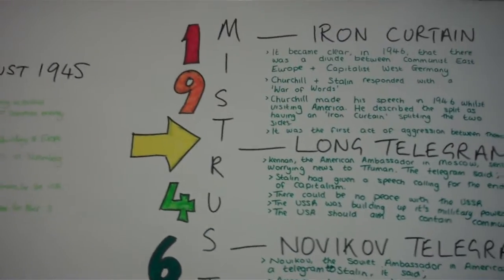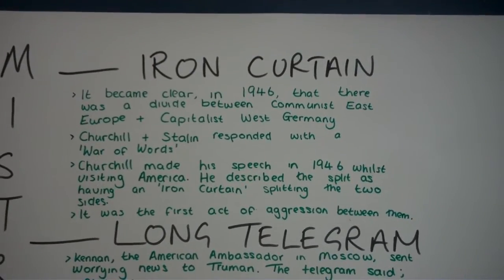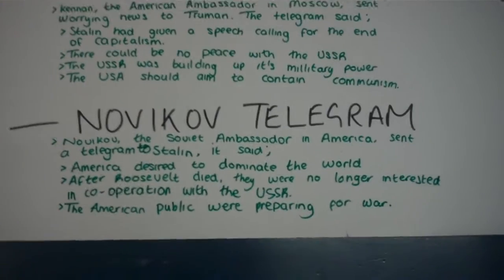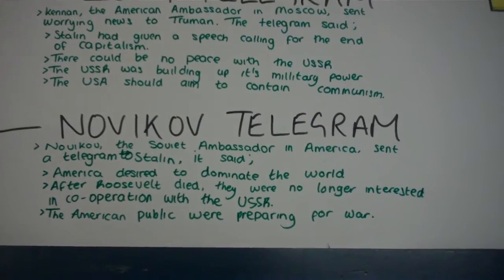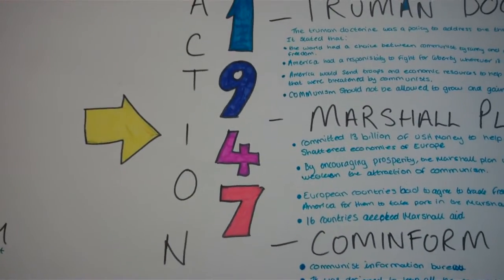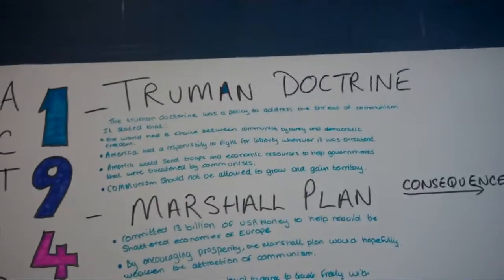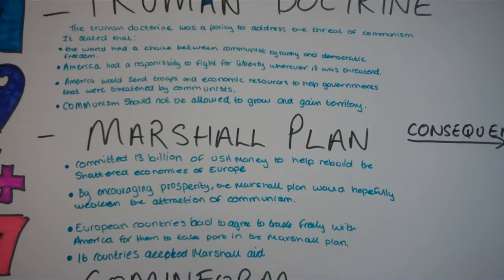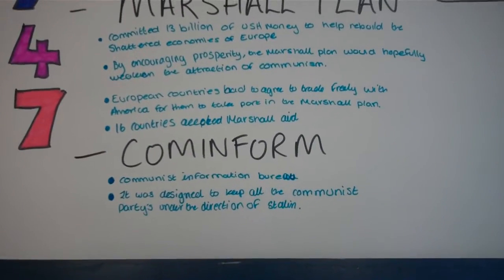So we go to the era of mistrust in 1946, where we have the Iron Curtain, the Long Telegram and Novikov's telegram. That mistrust then leads to action in 1947, where we start off with the Truman Doctrine, the Marshall Plan, and we see the Soviet reaction with Cominform